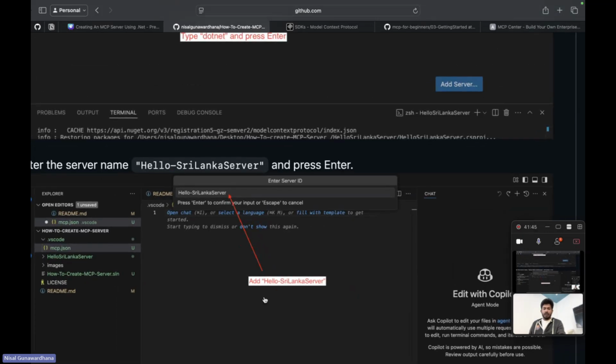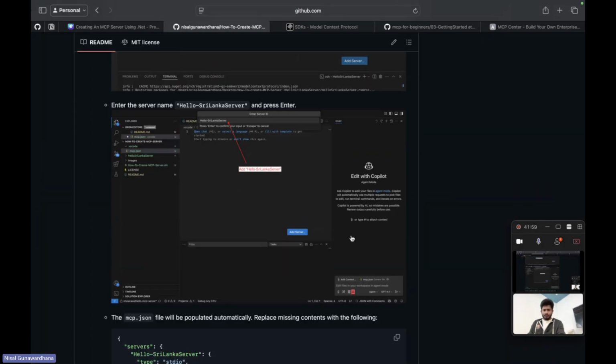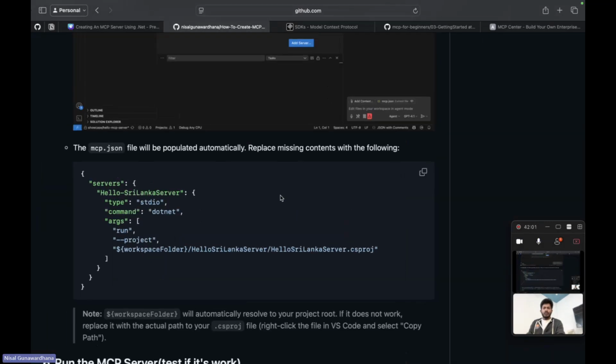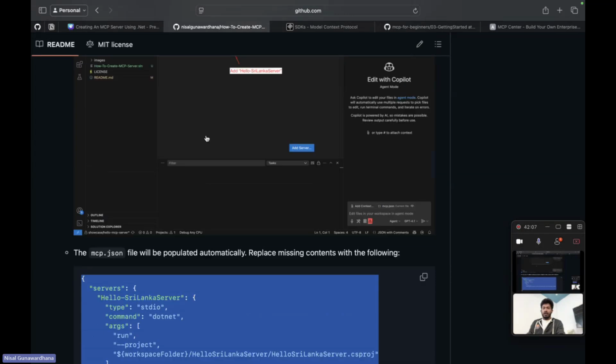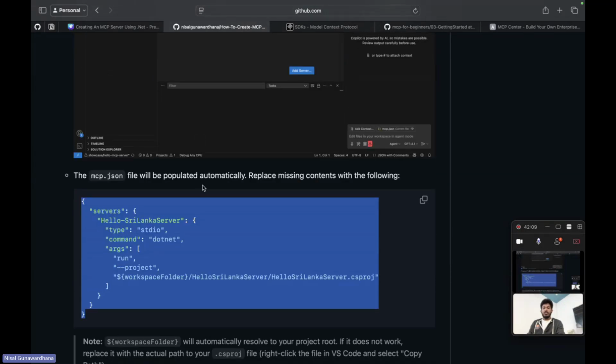As the server name, we add Hello Sri Lanka server. From your perspective, guys, as Japan students and the Japan tech community, you can use Hello Japan server. Once you create it, you can add this code to your mcp.json file.